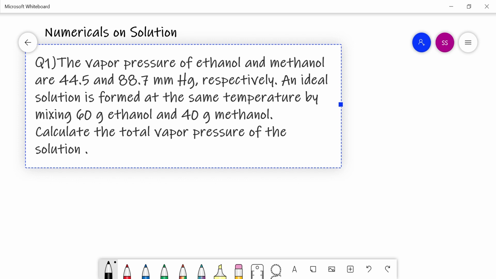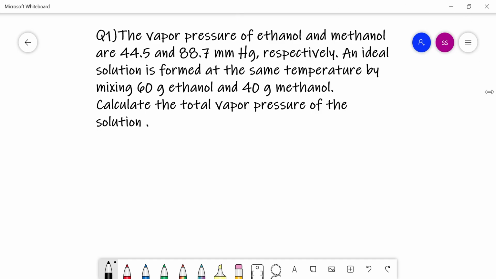The vapor pressure of ethanol and methanol are 44.5 and 88.7 mmHg respectively, and an ideal solution is formed at the same temperature by mixing 60 gram ethanol and 40 gram of methanol. Here we have to calculate the total vapor pressure of the solution. हम देखते हैं इस क्वेश्चन के सॉल्यूशन को।